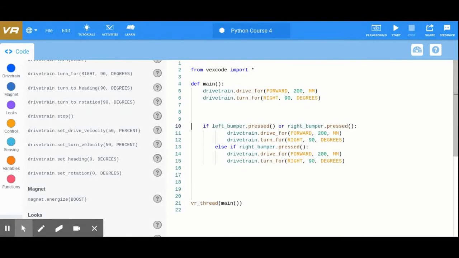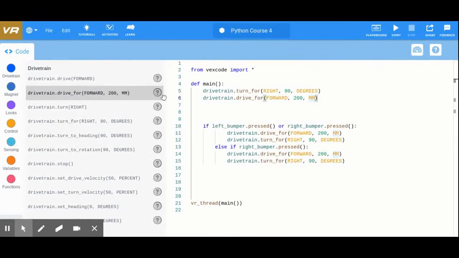All right. One way of getting our bearings would be just to turn first and drive forward for, yeah, let's use that don't wait command. So drivetrain, drive for